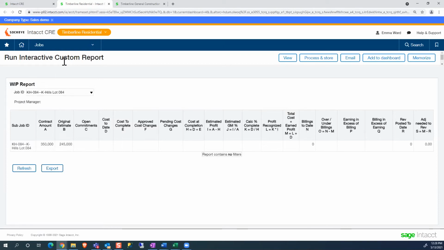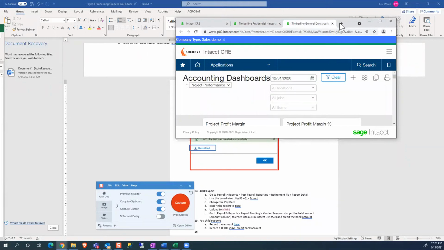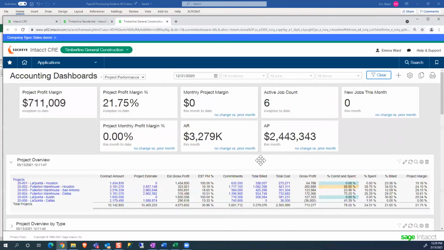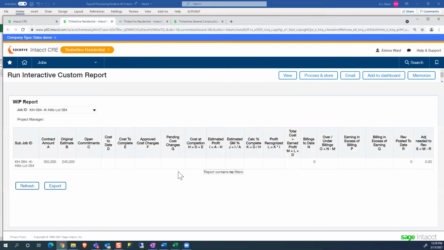Okay, so I'm going to leave this tab open. Leave this open here, and I'm going to duplicate that tab so I can come back to this report often as I go throughout the application. Now, the first thing I'm going to do is post a subcontract agreement that will be a commitment here.